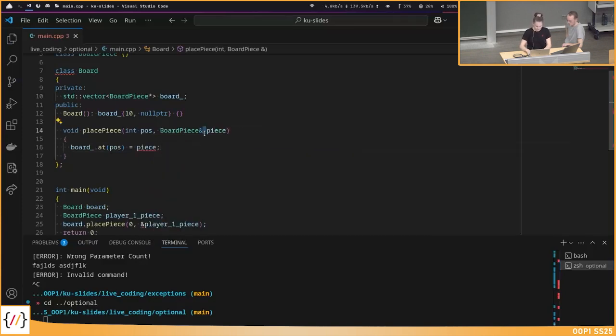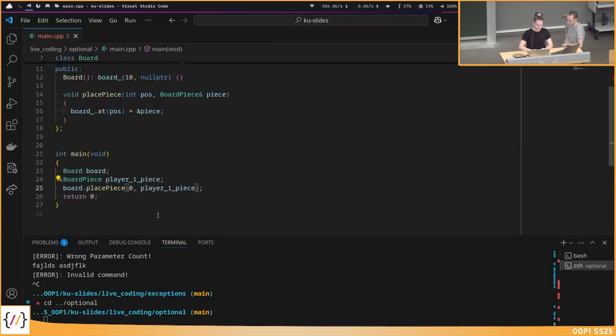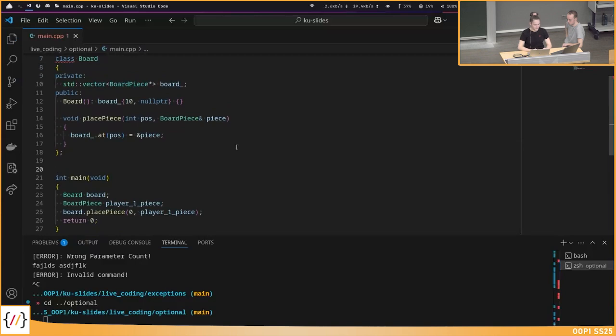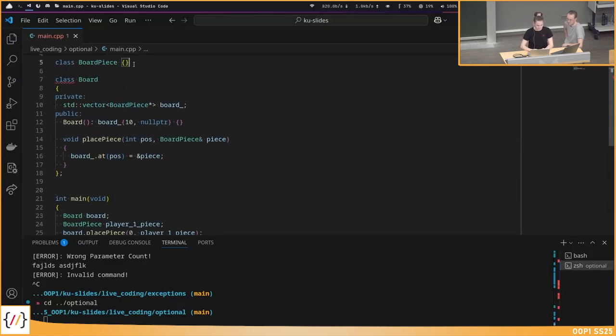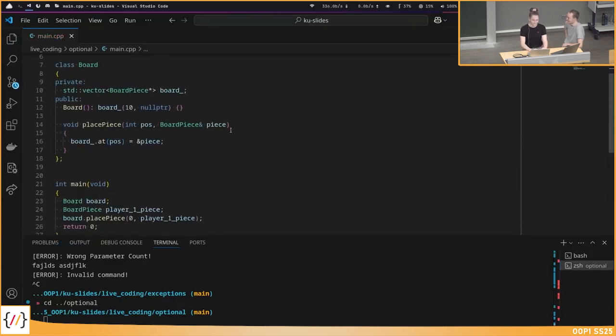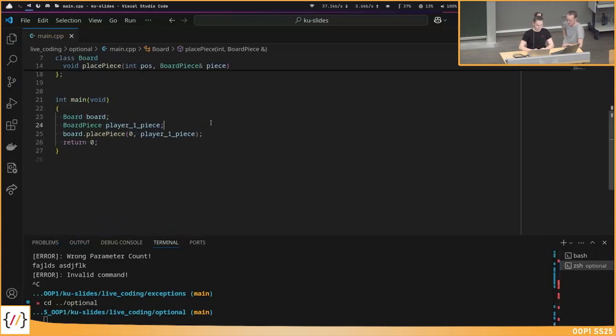Well, not a reference, I want a pointer. But something like this. Actually, I could do a reference and then dereference in the caller, then I don't need to do it here. Maybe a bit nicer. And I forgot the semicolon here. Classical error. Okay, so I have this.